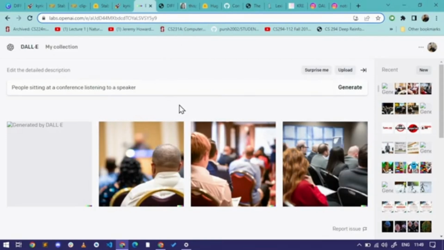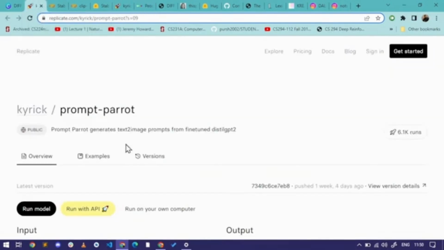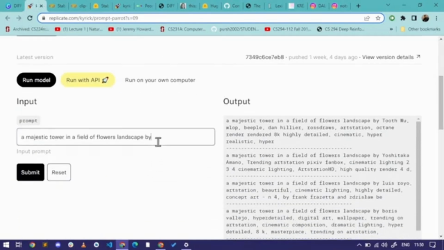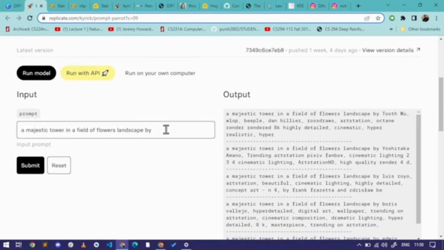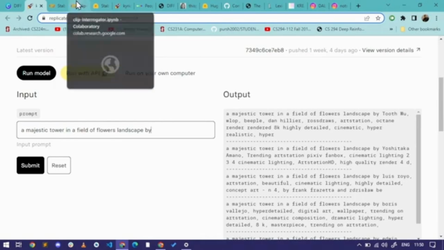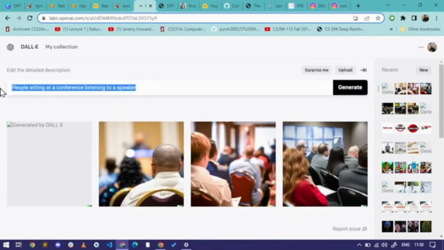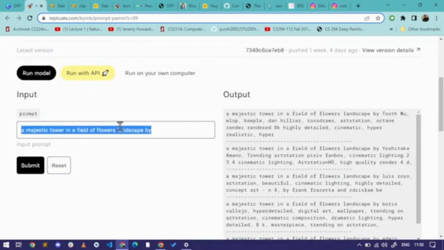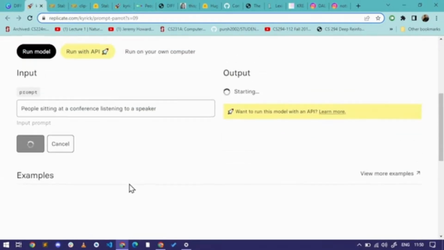Okay, it's giving the back-end view, like camera view, so don't blame it on me. But you see that prompt engineering is required, because you're not able to generate good images from here. So one of the things that you can do, if you are lazy like me, is go to Prompt Parrot, this website, and you can just say something. Let's give the same prompt. Let's just copy this thing, and we submit it here.